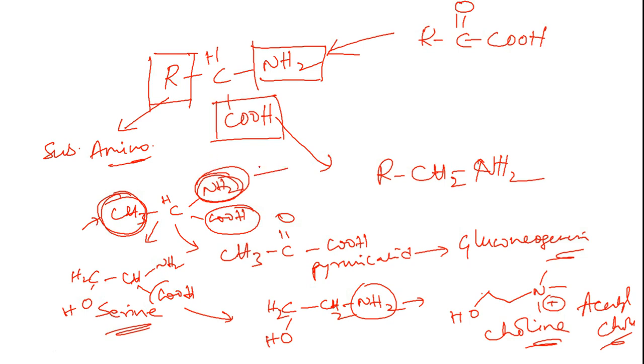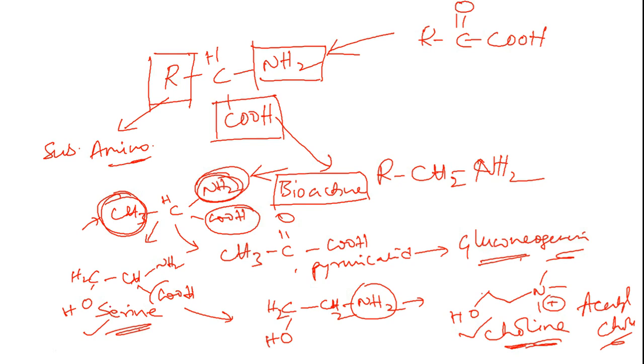As long as we carry the amino group in the metabolites, the compound shall remain bioactive. It will have some kind of bioactivity. Either it will have a role to play, like in case of serine, or it will act as a signaling molecule, like in case of choline. But the moment you remove the amino group, it will become an ingredient for energy pathways like gluconeogenesis. So this is the outline of how we have to see amino acid metabolism.